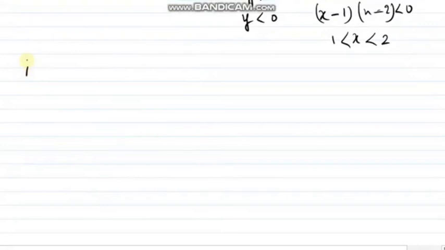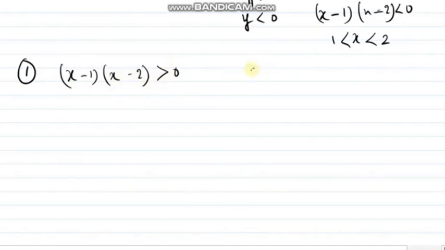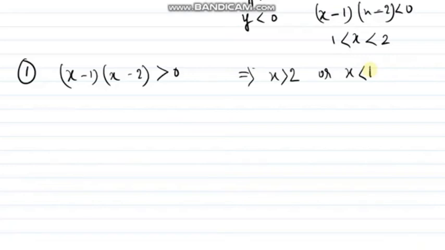Based on that, a couple of things I will discuss. Please do remember these cases. The first case is the simple one, (x minus 1) into (x minus 2) greater than 0. That implies x is greater than the larger number or x is less than the smaller number. I am just discussing only the greater than 0 part, less than 0 is left for you. It will be the in-between part. Hope you understood by now, but if there is any problem, please write in the comment box.